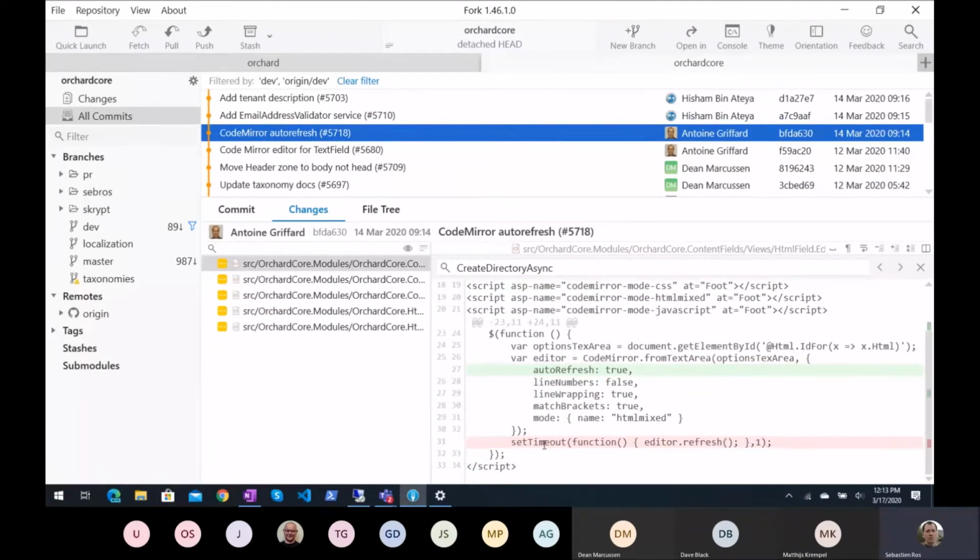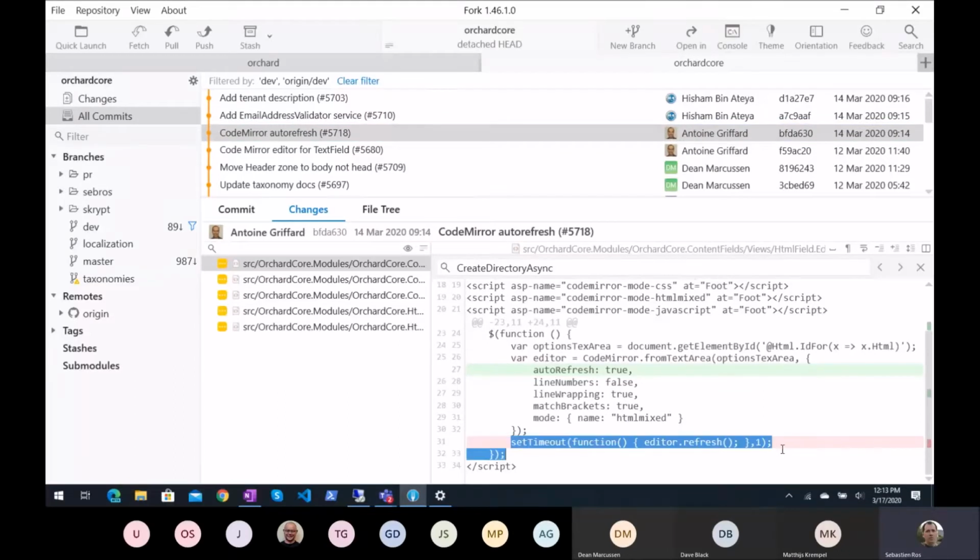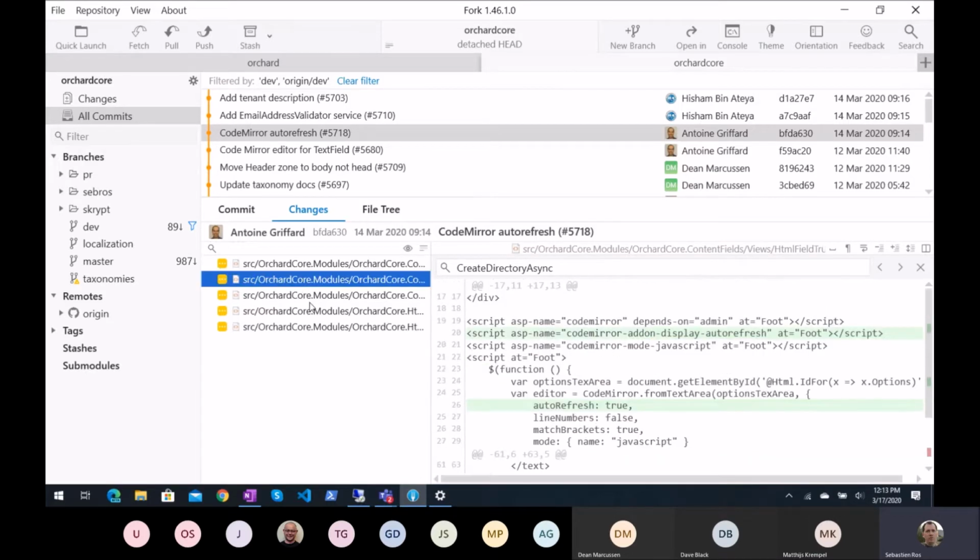So we had some custom logic before to update the editor itself with the content, because I think there is a discrepancy when you set the value and then you need to wait for something to see the CodeMirror getting the data that we set from script. So apparently there's a plugin that does that now, auto refresh. So that's good. Antoine found it.